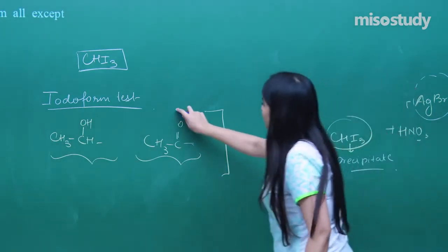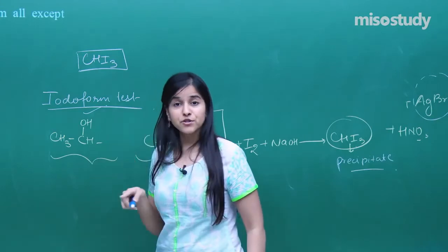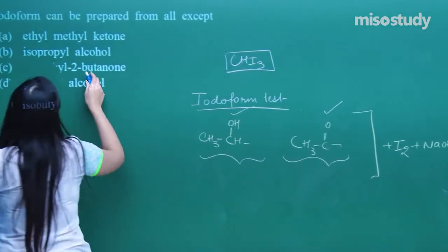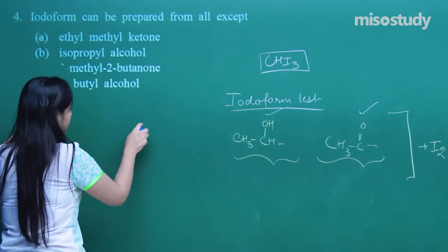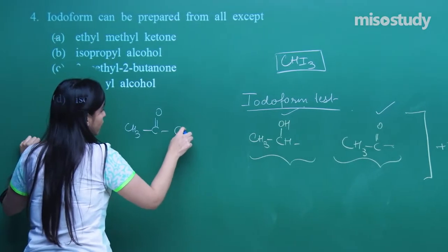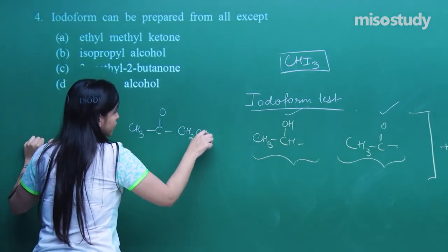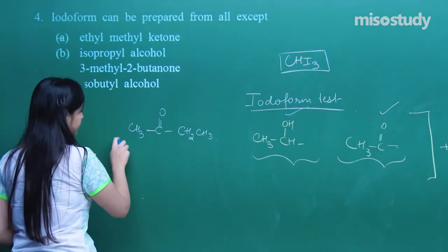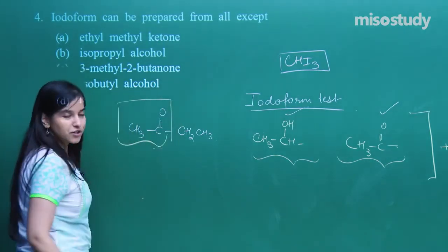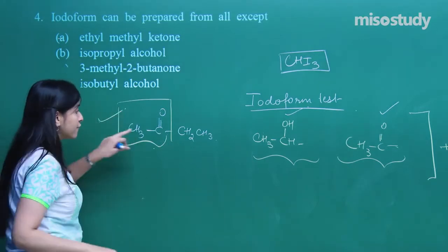And only these types of compounds will give this particular test. So let us check which compounds are given. I have ethyl methyl ketone, that means a ketone having ethyl and methyl on either side. So that is what we are getting. If you look very carefully, I have got this particular group over here, that means it will